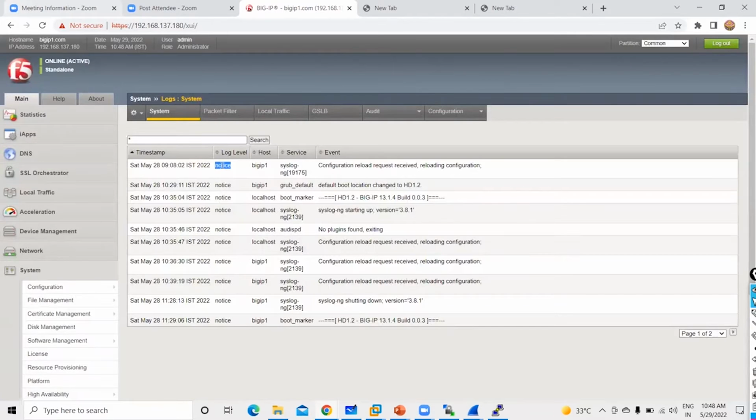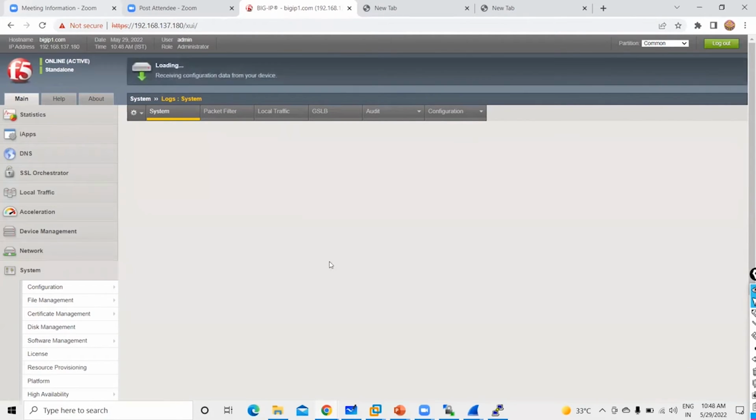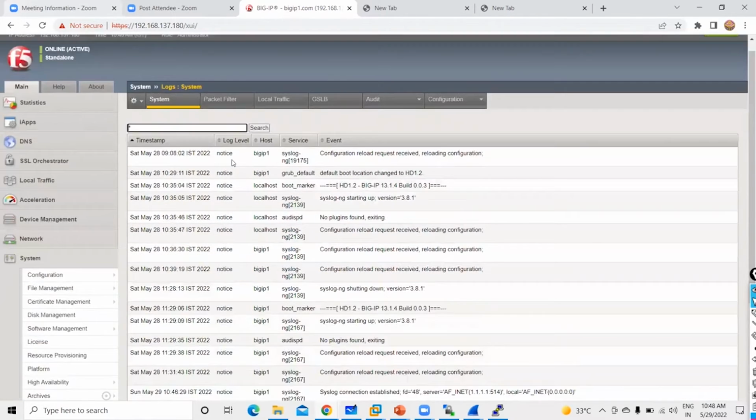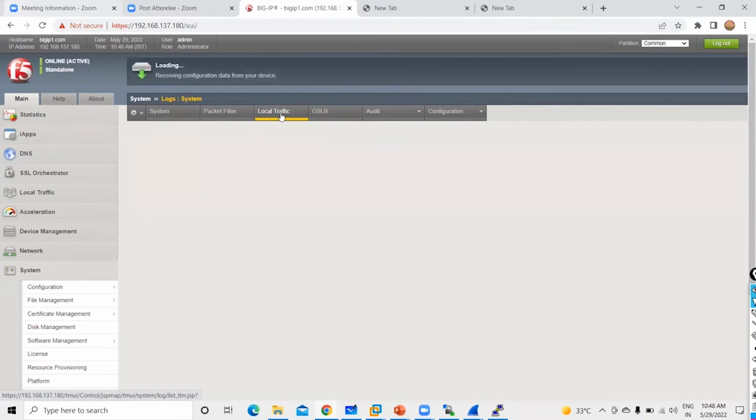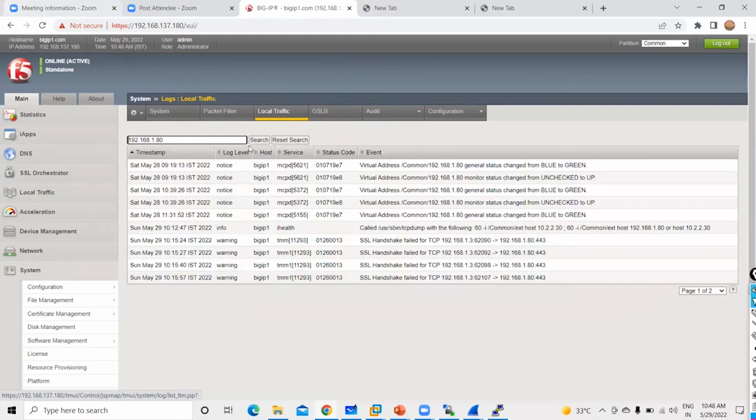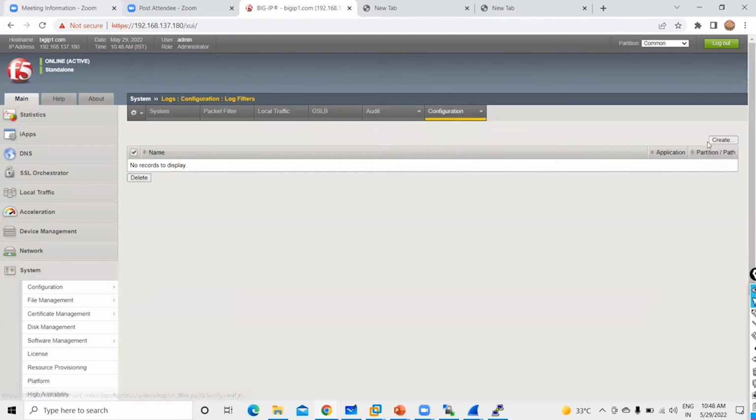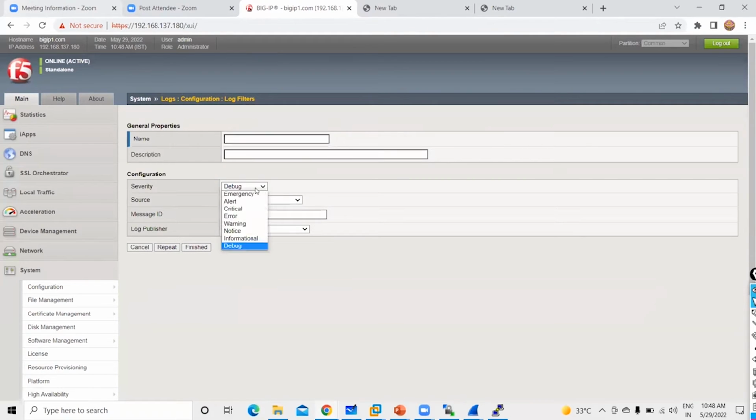So see, all logs are divided. So let's say system log is reboot. So reboot is categorized as a notice alert. So there can be some emergency logs, some can be warning logs. So you can define that here. In log filters, you can define what type of logs you want to send to your